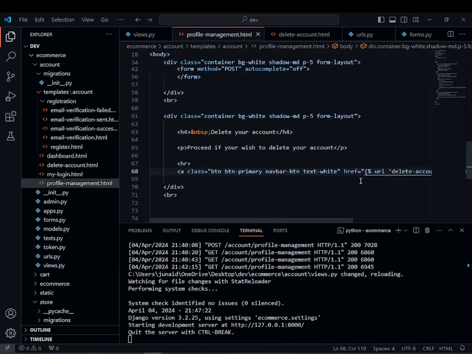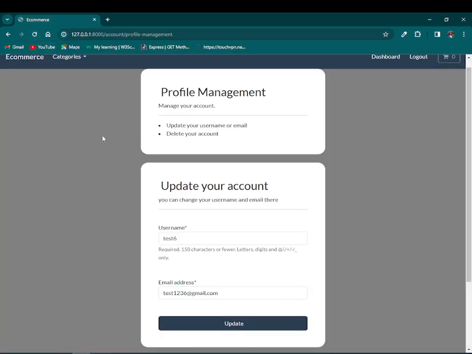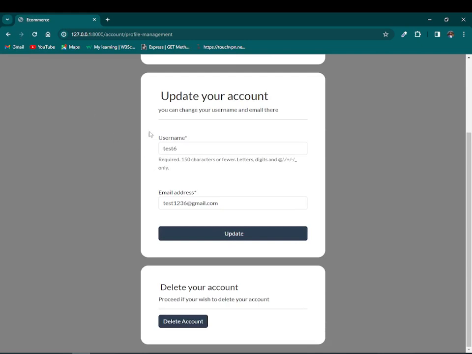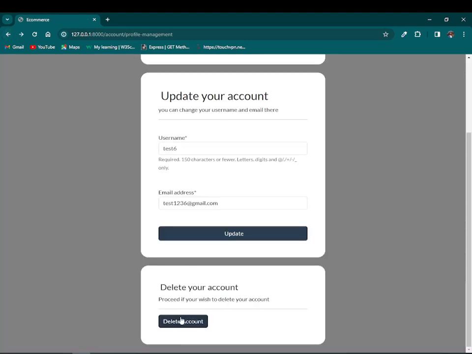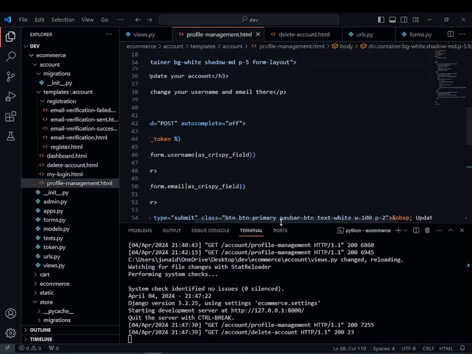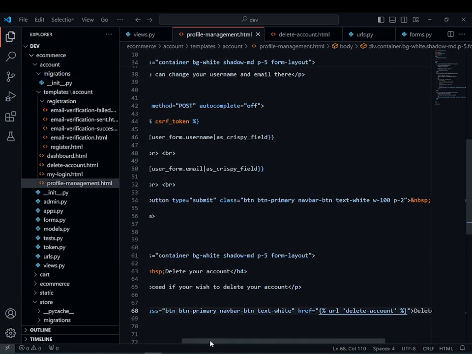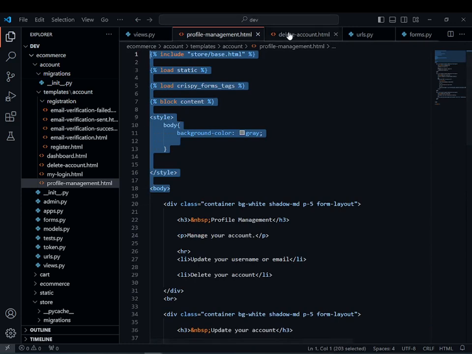And now just make sure that you have added the URL in profile management, and if you go there, refresh it and go check that we have the other div delete account, and if you click, we are going to our delete-account.html page. Now we just want to design our delete account HTML. So just go back, and in your delete account HTML, what we want is to copy the default that we are using,